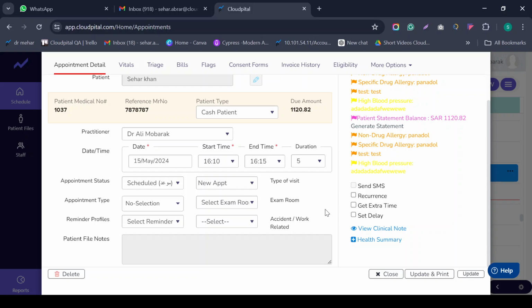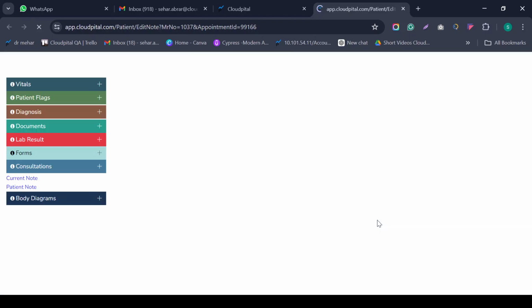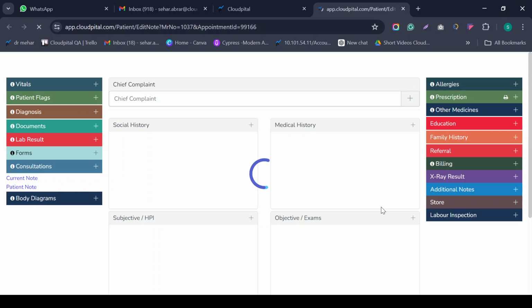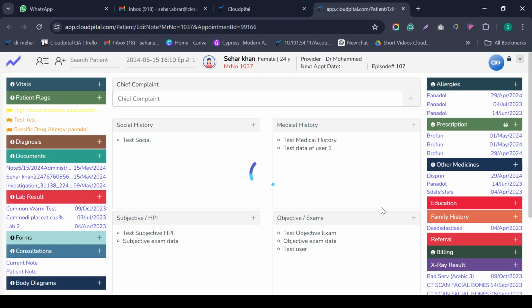So I'm going back to our view clinical note. Basically, our view clinical note is the 360 dashboard view in our system, where the doctor can add multiple features and modules of data according to the patient's requirements, like the patient's allergy records, prescription records, and lab records. We can edit multiple records on this screen, and all of the data is managed automatically, with no need to maintain it manually. So this is the doctor screen.